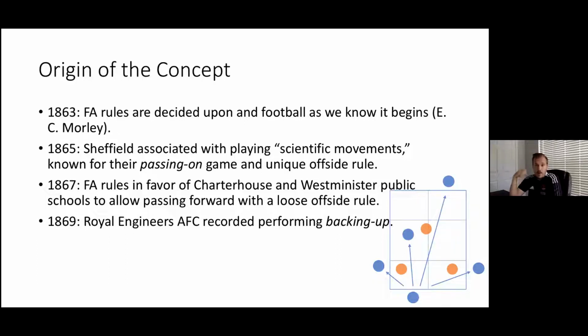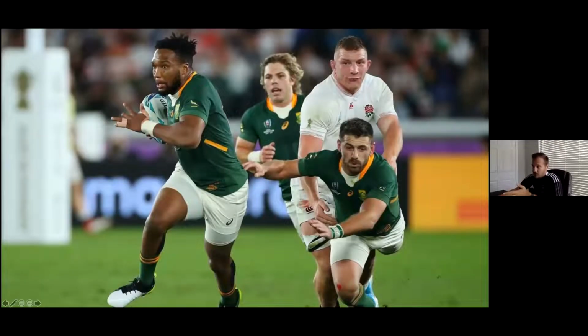If you have the ball, you try to dribble as far forward as you can and try to score. If you're about to get tackled, you have a player backing you up, like your one teammate, and you just give him the ball right when you're about to get destroyed, and then he's able to dribble. Okay, so that was the way the game looked in the very beginning. And then you see these developments of passing on, and now teams are trying to look at how they can pass. Just showing you the difference of obviously what this sport evolved into versus what our sport is, right?